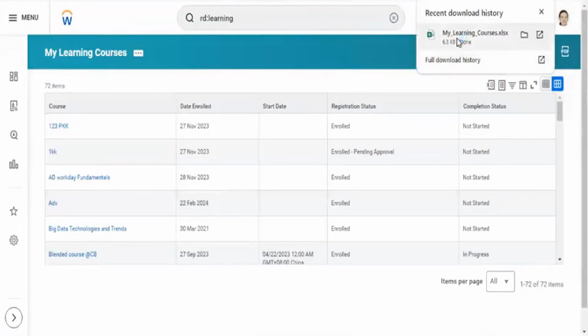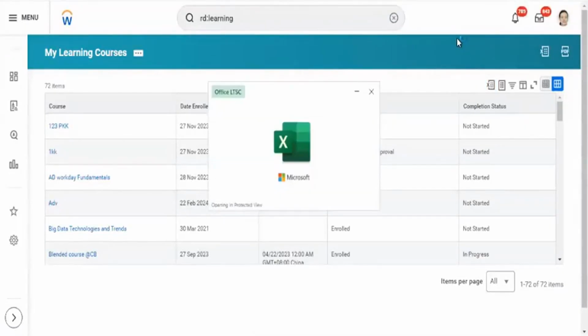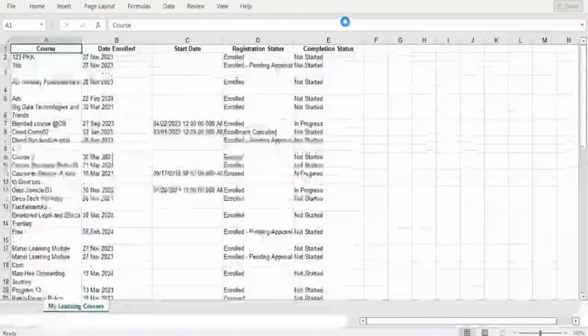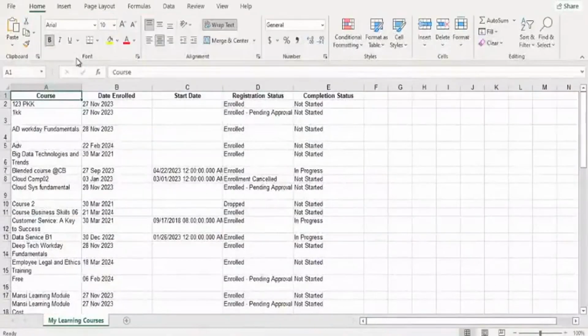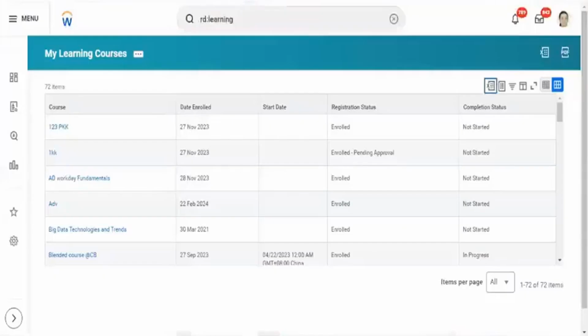Clicking on this, you'll be getting all the courses, all the information, in spreadsheet format. Like that, you'll have a lot of learning related reports which will be run in your day-to-day learning activities.